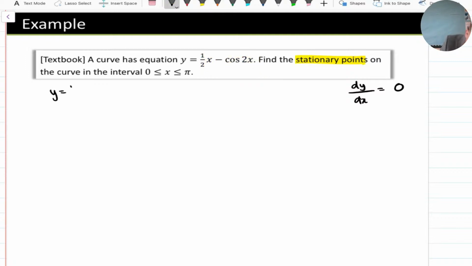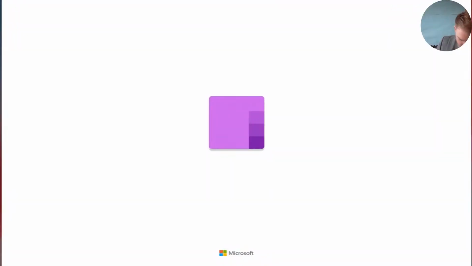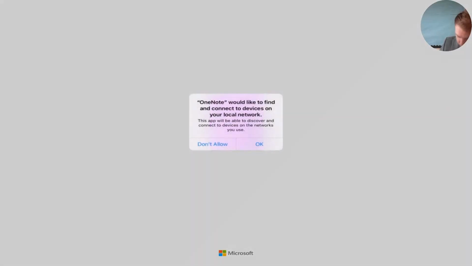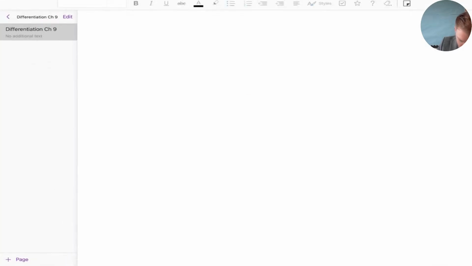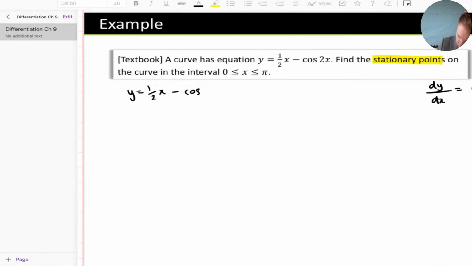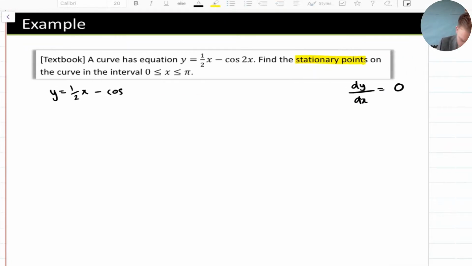Y is equal to a half x minus cos of 2x. Differentiate the first part, dy by dx is equal to a half,